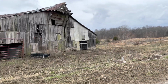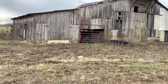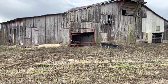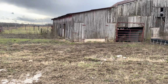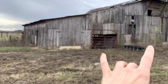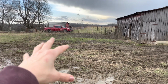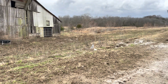So I had a group come out from a construction company based in Spring Hill, and they walked the property and they said, gosh, it's really low. You probably can't appreciate it from this video, but this is a very low elevation. And I would have to spend a ton of money bringing in fill to build it up to a spot where it made sense. Because I'm going to do a foundation and all of that stuff. It's not going to be a pole barn. So the idea is now, when this comes down, to have it graded, and I'm going to move one of the pole barns that I'll show you in a minute here, and this will be like kind of the greenhouse work area. So this is facing south, and then as we turn this way,